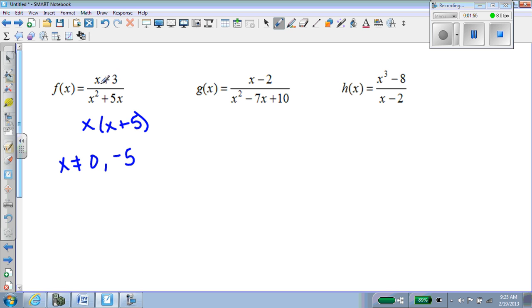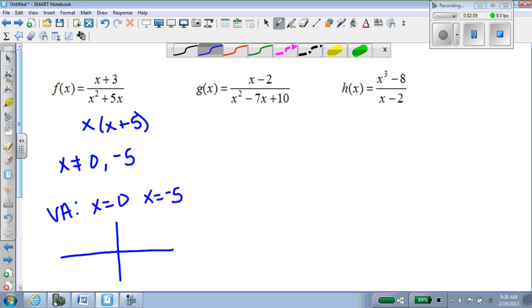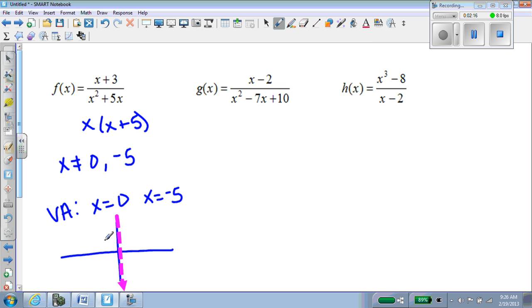Since my numerator will not cancel either x or x plus 5, both of these become vertical asymptotes: x equals 0, x equals negative 5. So graphically speaking, we will have